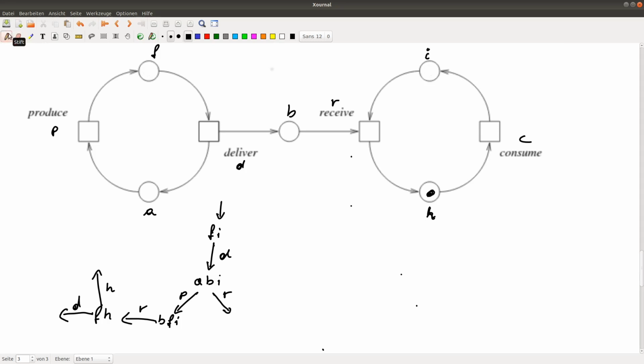then F becomes empty and A and B become true. So we have A, B, H. And here I made a typo, we have a C here. Okay, ABH. And what can we do in ABH? We can do again a P, because we have our precondition satisfied for P, and we can then put the token into F, or we can do,